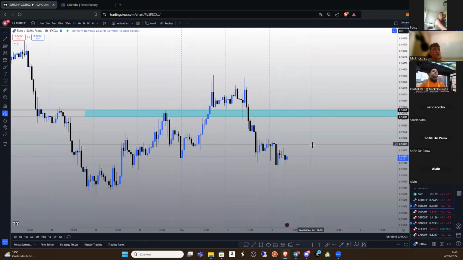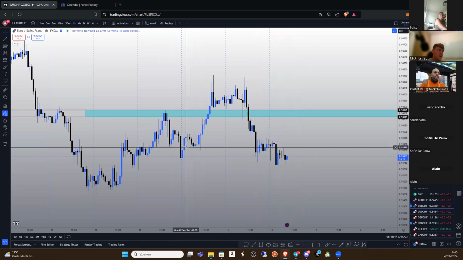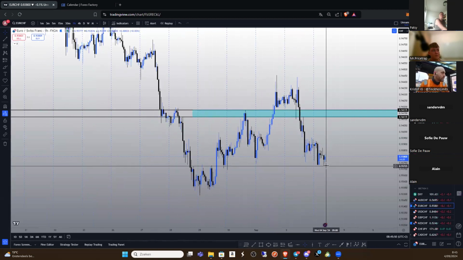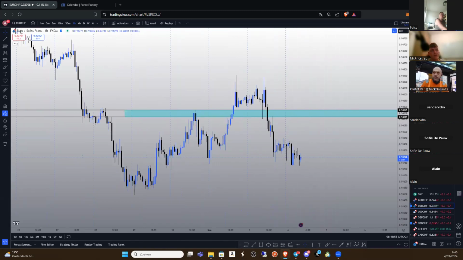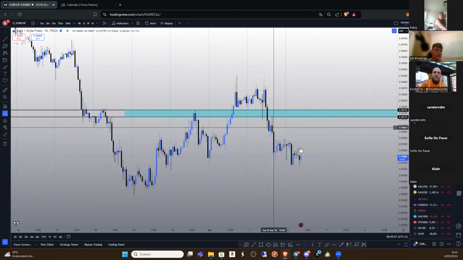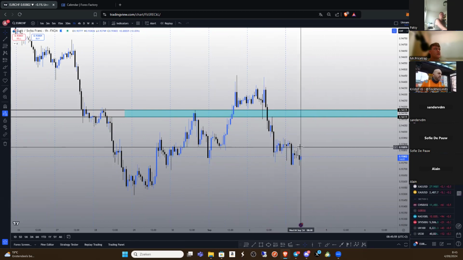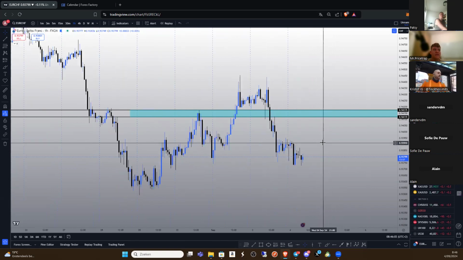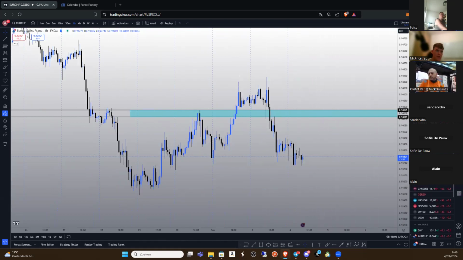But we are reacting here on this demand level. Okay, so let's see if we can really follow up that breakout to the upside, yes or no. I personally didn't react because we had USD Canadian, Euro USD, GU, all these different opportunities. And of course, it's not that good to react on all these opportunities at the same time, okay? Because otherwise you're risking way too much.